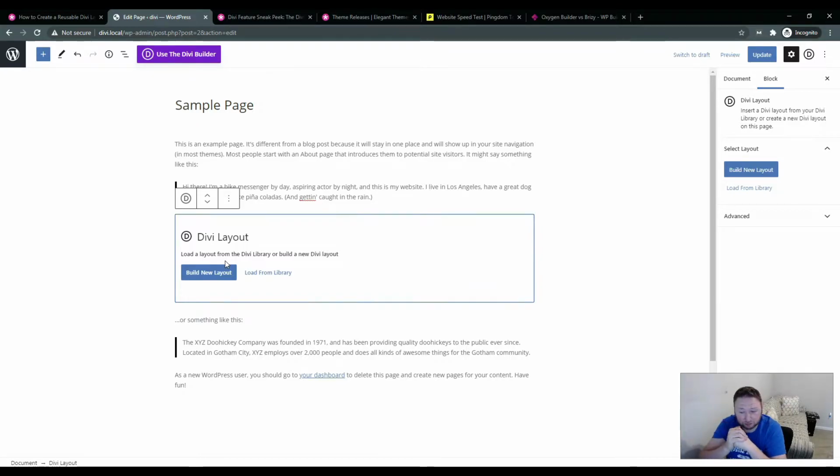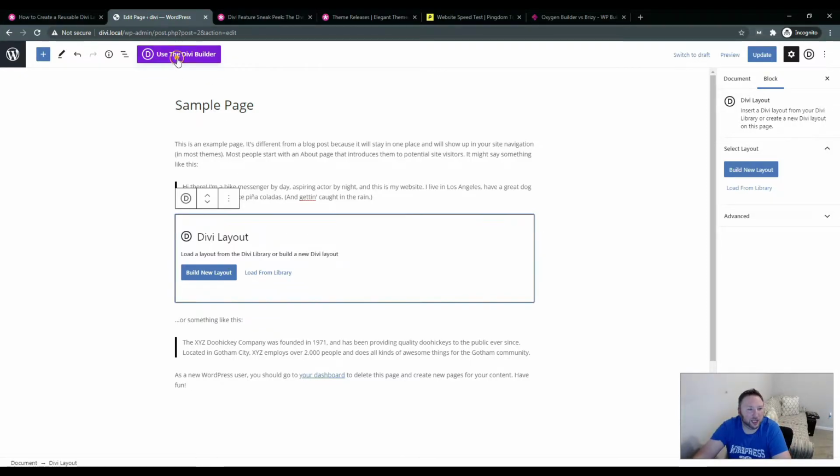As a matter of fact, where some other builders are probably lacking because they're newer and because they don't have that API, Divi has been out on the market so long that their API is just constant and they have the plugins. So I lied. In terms of integration, I would still say a 4, only because